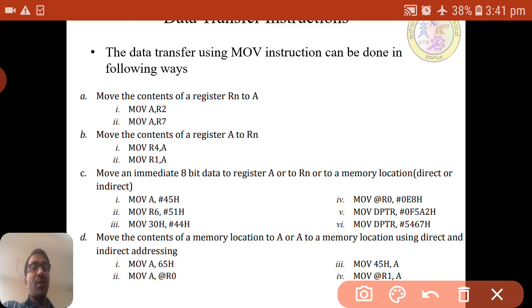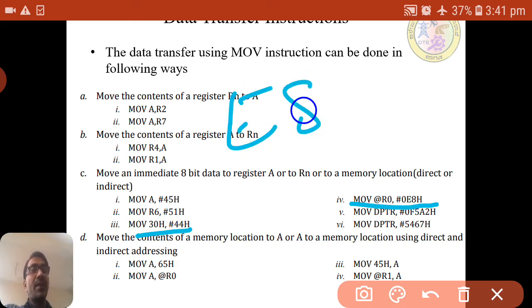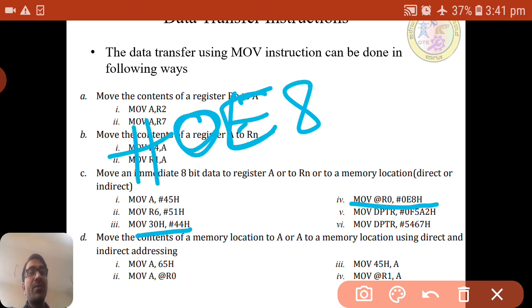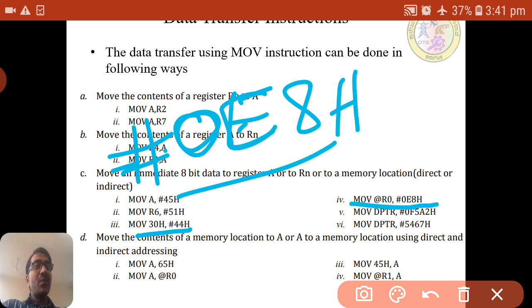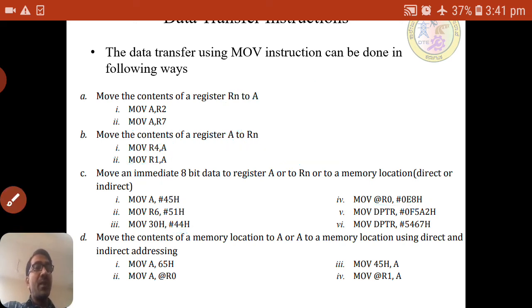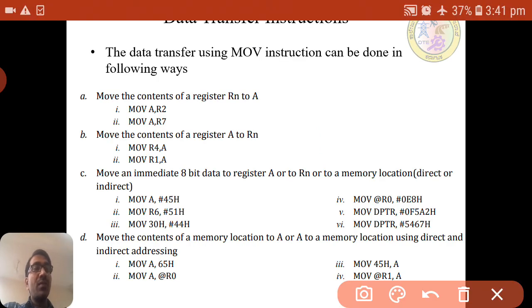So this we call direct addressing move, we are accessing the address directly. And here the value is E8. If the first letter is E, we need to use a 0, so because of that we have written 0E8H. The 0E8 value will move to the address which is stored in R0.